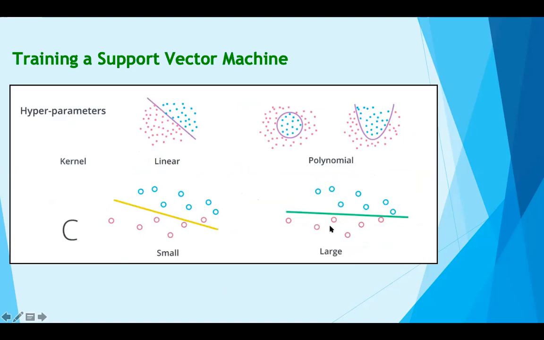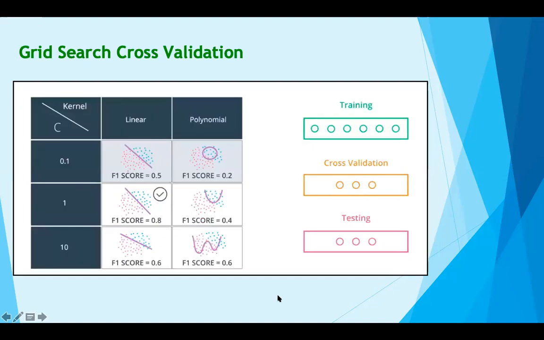Now, how do we pick the best combination between the kernel and the gamma? It is very simple using grid search. This is where grid search comes into the picture. It just says to make a table with all the possibilities and pick the best one. Here the columns are the different kernels, like linear and polynomial, and the rows are the different values of gamma. It is recommended to take a few values that grow exponentially, such as 0.1, 1, 10, 100, and 1000.